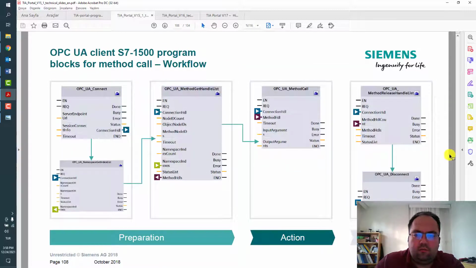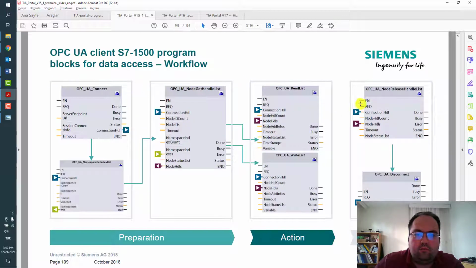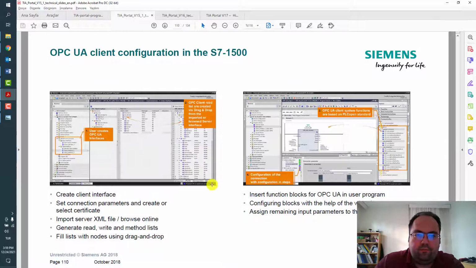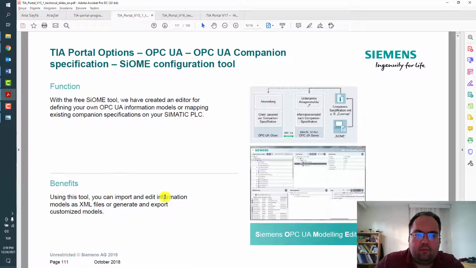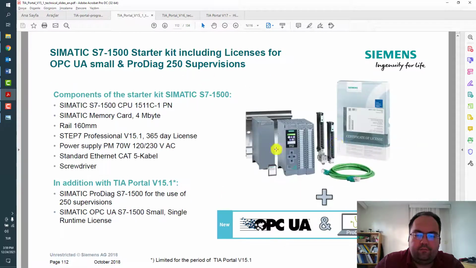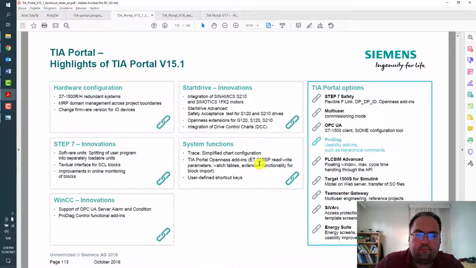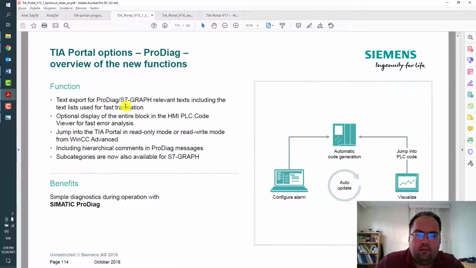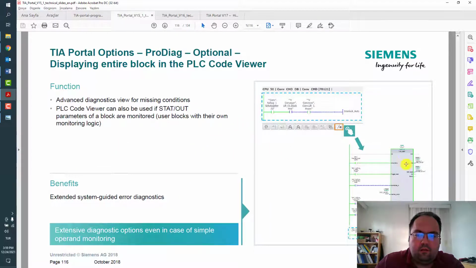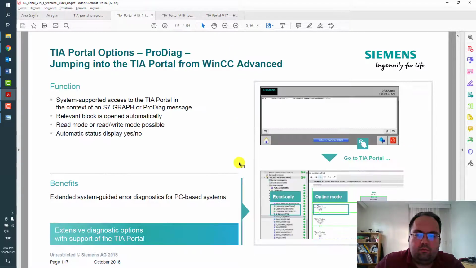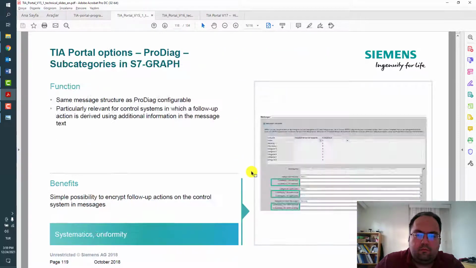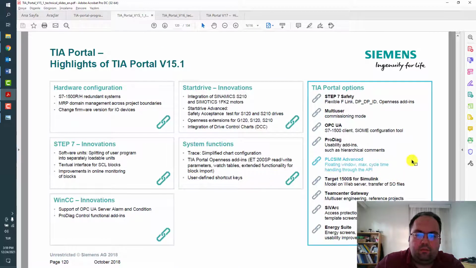OPC communication, Unified Architecture. There are some software blocks inside the CPU program. There is also some configuration tool, modeling editor, and process diagnostics, Step 7 Graph, additional option for developing projects.